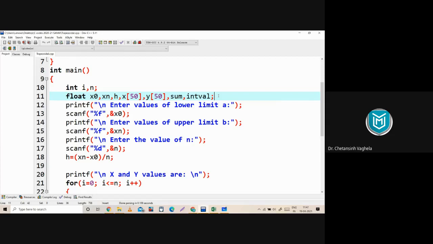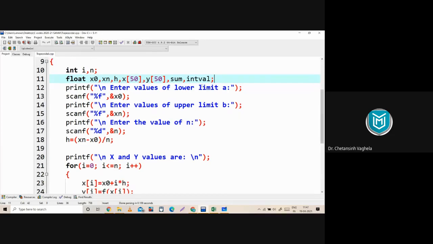Now next we need to take the input values from the user. So first we are asking the user to enter the lower limit a, and that value will be saved in x0. Then we are asking the user to enter the upper limit b, and that value will be saved in xn. Right? Then we are asking the user to enter the value of n, that means the number of subintervals, and that will be saved in n.